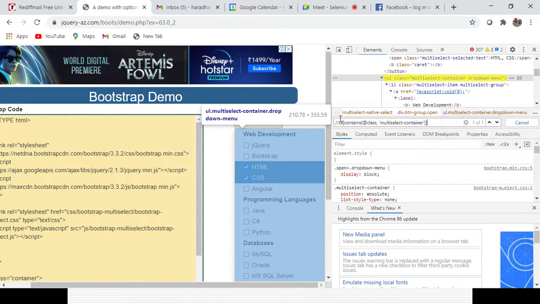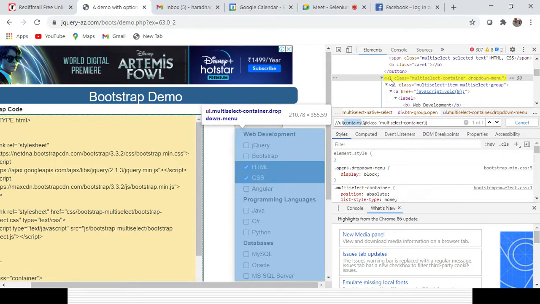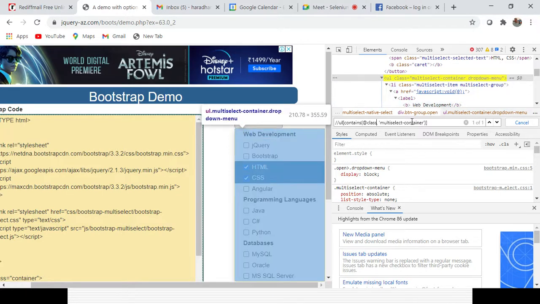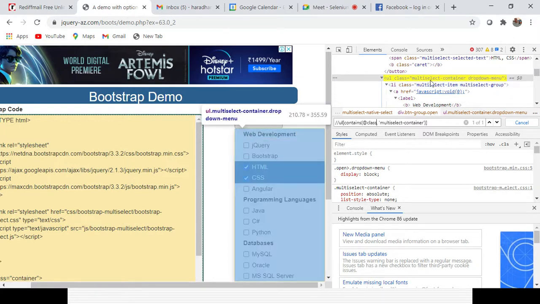Whenever you use the contents word, it will start with the tag, right? First it starts with the UL tag, then the contents keyword, then @class. Whenever you use the contents keyword, it is not the equal to sign, it will be a comma. Then you need to give that class for some part which is not separated by space, because whenever you give the class, if it has a space separator, sometimes it does not take it. That is the reason you have to use the contents keyword. If there is a hyphen or underscore, you can take it, but the space separated part it will not take. So I have identified the first part, right?